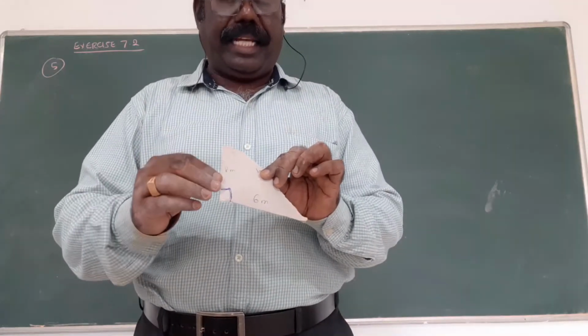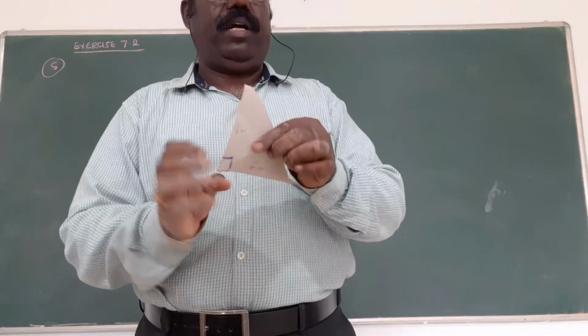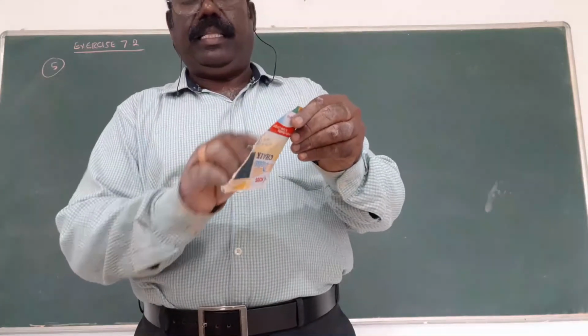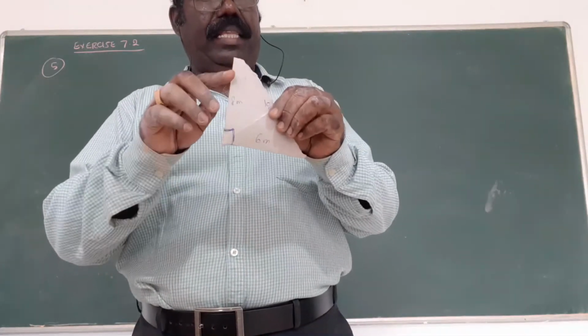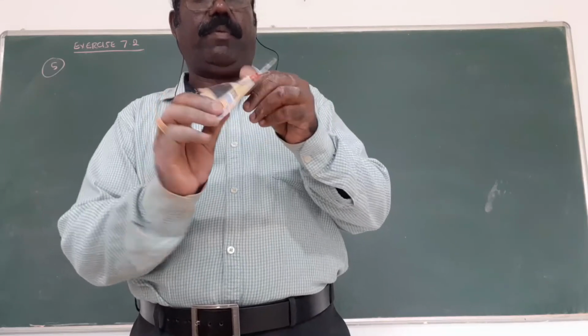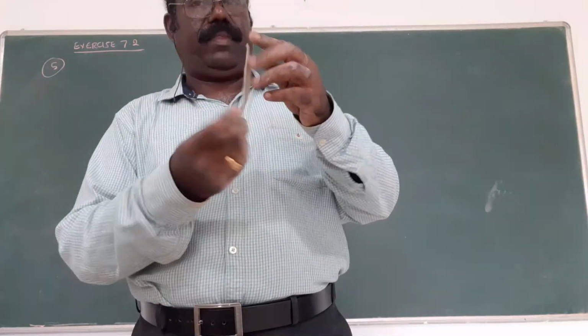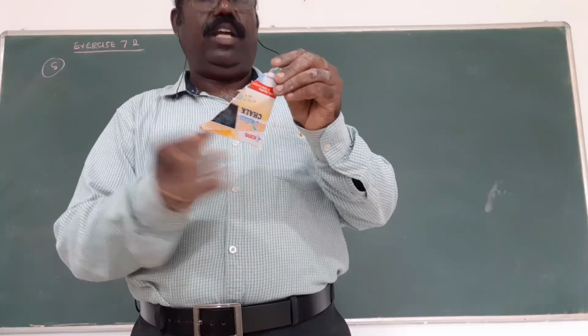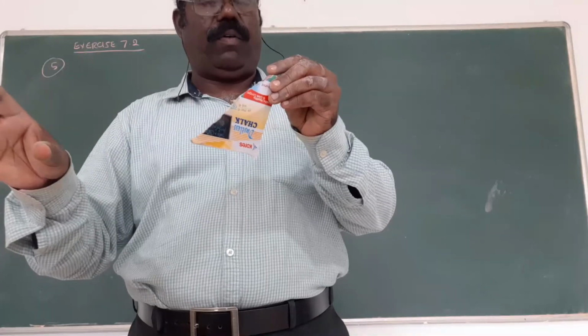Now rotate the height about this side. The height is 8 cm, and we rotate about it, because a volume is forming. Volume is forming. Am I right? You would find the volume of the cone. First part over.